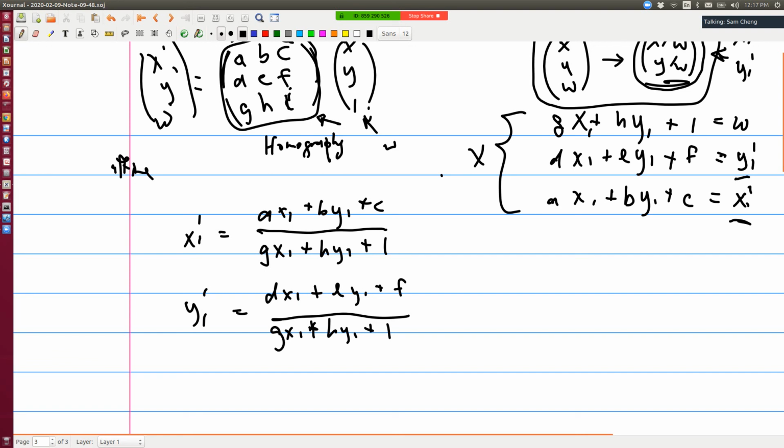Basically, if I pick a 1 here, I may be able to solve this A, B, C, D, E, F, G, H here, but the constraint there is not